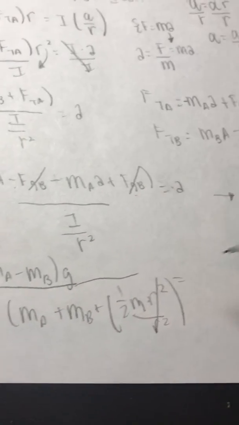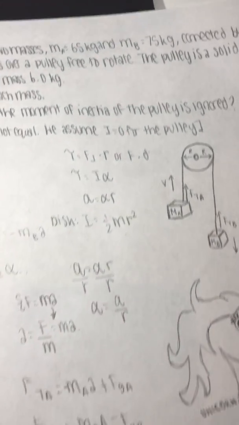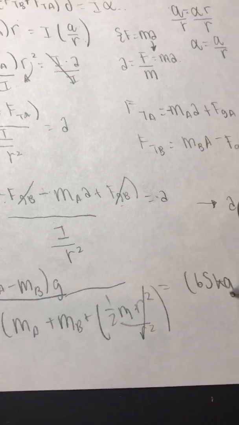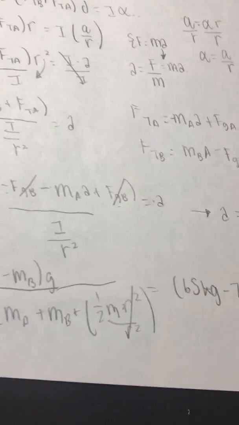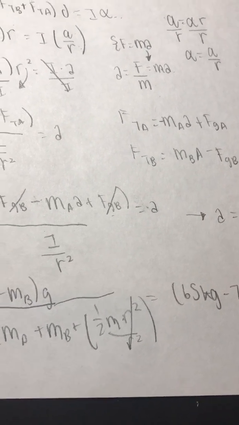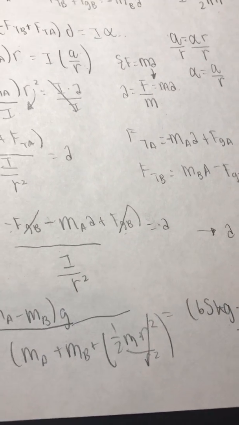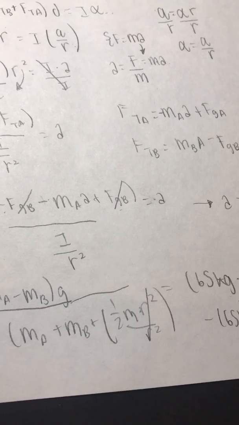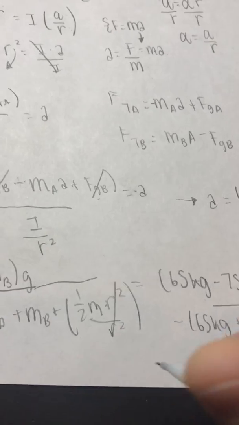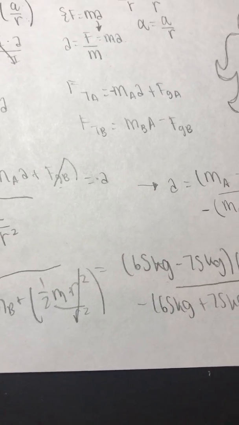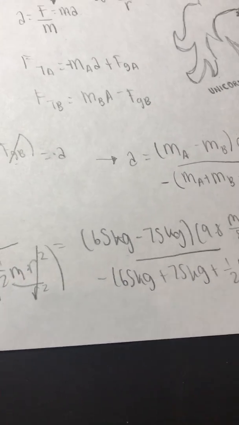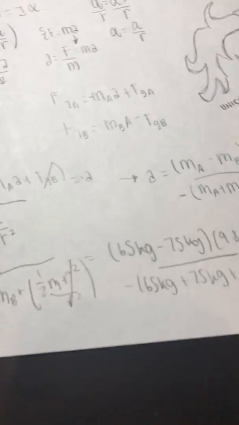So we know that our mass of A is 65 and mass of B is 75. So I'm going to do 65 kilograms minus 75 kilograms. And then I'm going to multiply it by 9.8 meters per second squared. And then same thing in the bottom. And then we have 1/2, and then we're just going to multiply it by the mass of the pulley, which is 6 kilograms, which is what they told me, right? And then you're going to have that. And then if we multiply it all out,